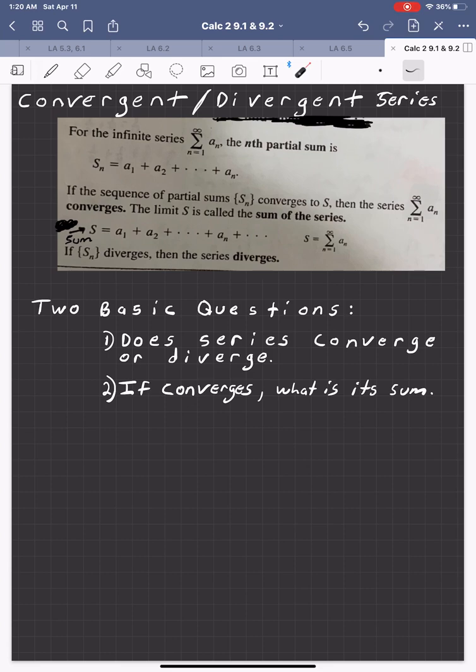And then the next question is, well, wait, if it does converge, then what is its sum? What does it add up to be? In the previous video, we saw that 0.3333 forever could be thought of as an infinite sum. And then we wanted to know more than just does it converge. We actually wanted to know, if it does converge, what does it converge to? All right, and we saw how you can write 0.3333 forever as 1/3. Now,